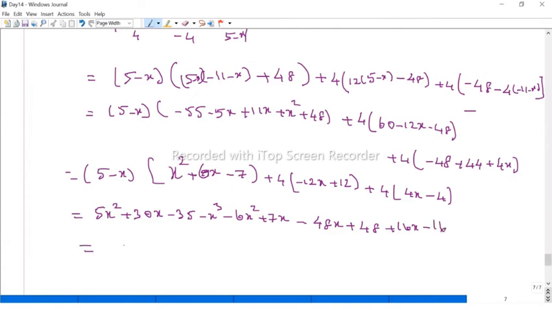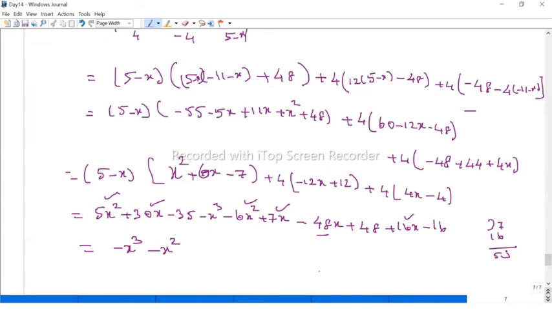Now write in the decreasing order, only one x cube, that is minus x cube. What is the x square term? This is 5x square and this is 6, therefore we get only one x square, right? Minus x square. Now what about the x term? 30x, 7x, 37, and then we have 16. So totally 53, but this is a minus. Oh, sorry. Okay, yeah, it's minus 48.